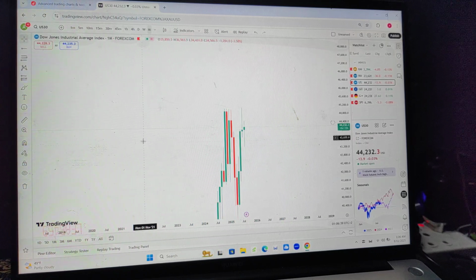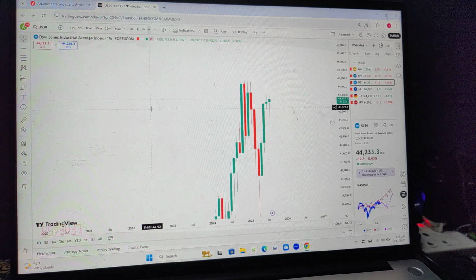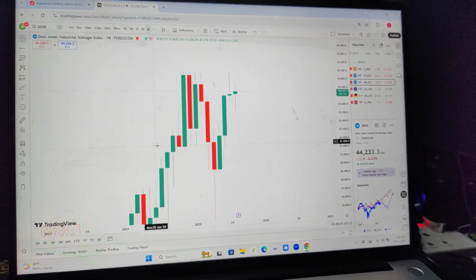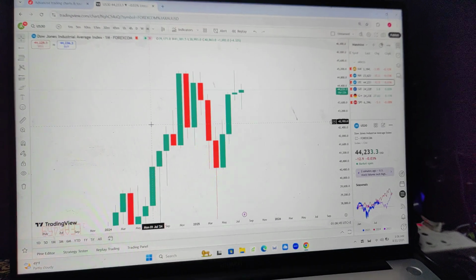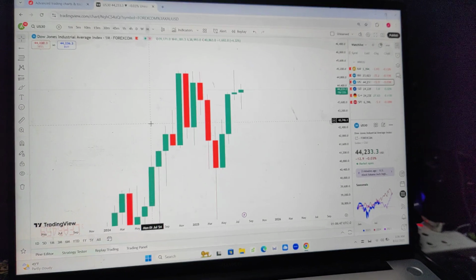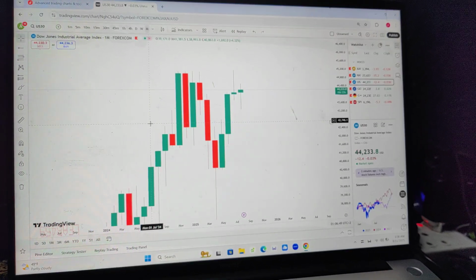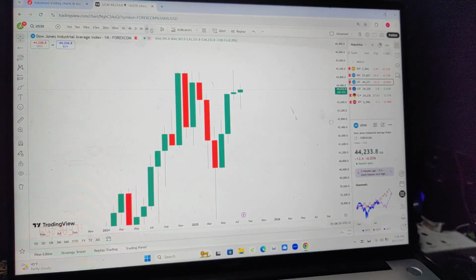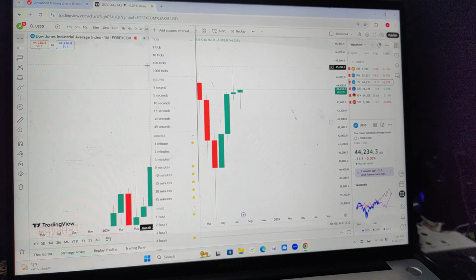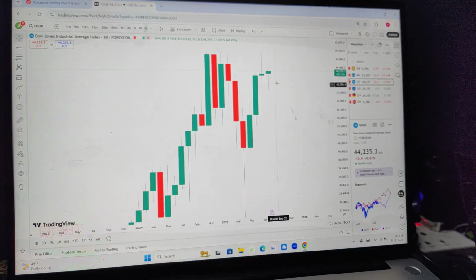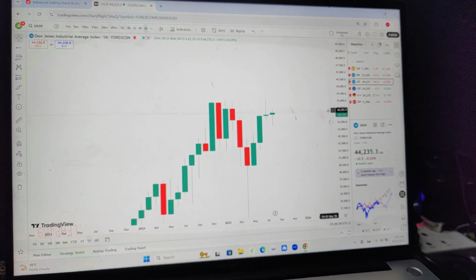Okay guys, I'm currently analyzing US30. And based on US30, what we can see here on US30 is that US30 is obviously bullish,